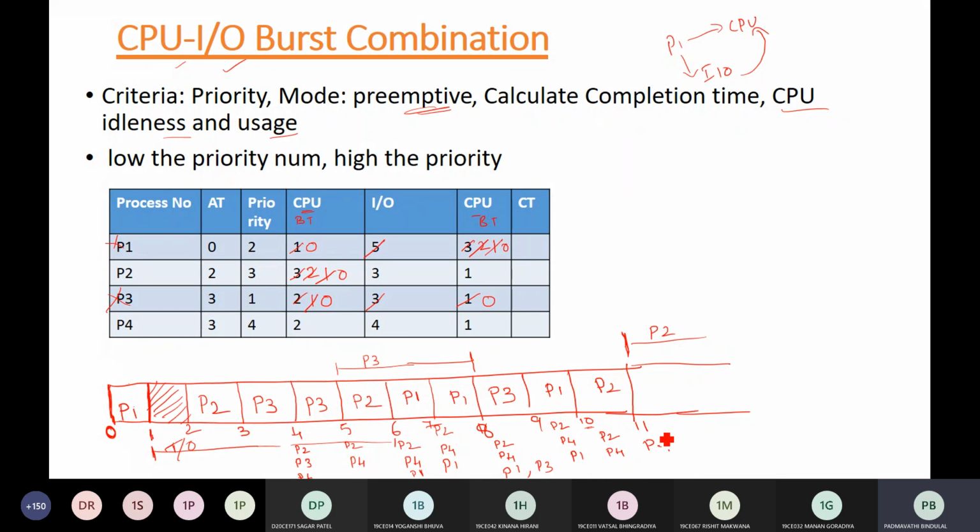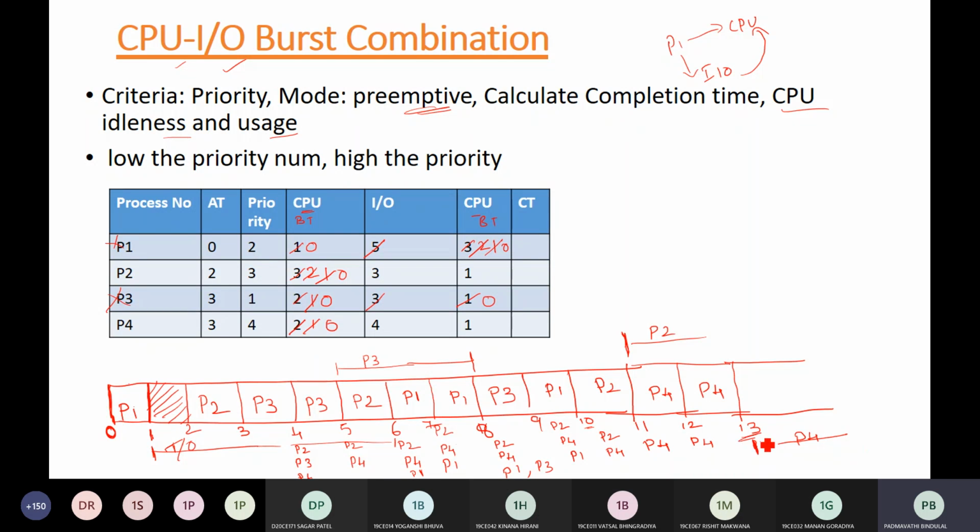Okay. Now how many processes do you have in the queue at the 11th instant? Only one process, P4, and we have not started the execution of P4 yet. So you will be executing P4 for 2 seconds. Okay, if you want you can execute for 1 second also, like the way I am showing. You can do it step by step, and if you have a little practice you can directly take 2 steps. That is, up to 13 P4 will be executed. And in the 13th instant, the IO operation will start for the P4 process. P4's IO will start here.